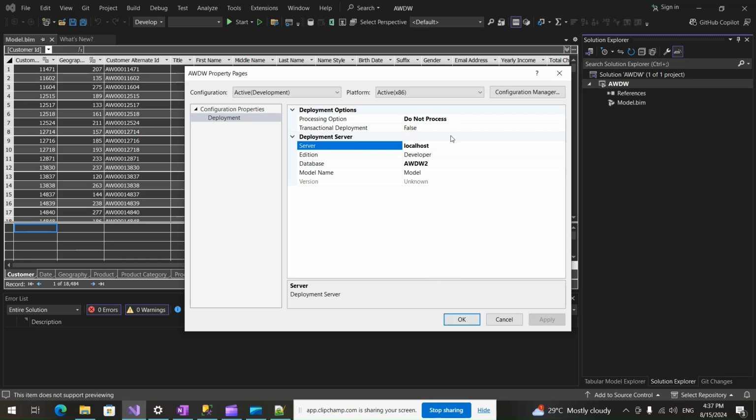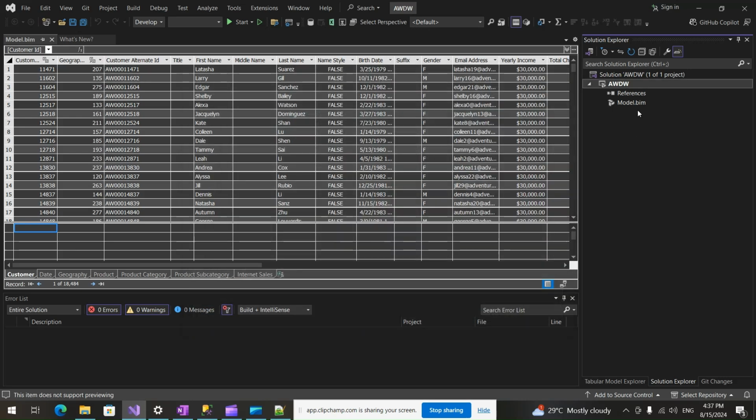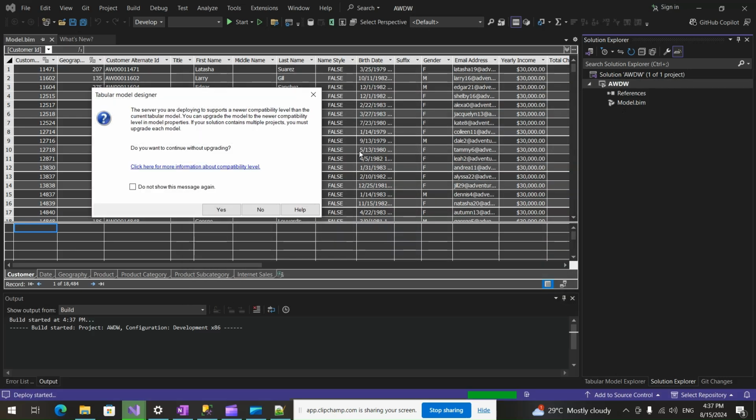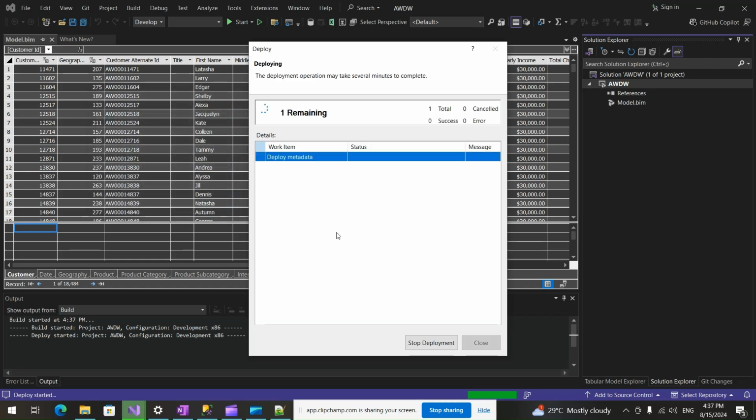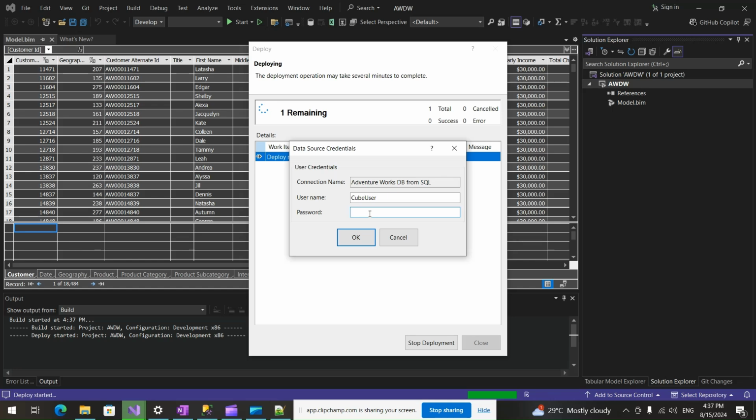So it will only deploy the cube, and I'm going to deploy this solution under the new name, AWDW2, and click OK. And then I click on deploy. Okay, just a warning, right? It's suggesting to upgrade, but I don't want to do that. Just click yes, and then it's asking my